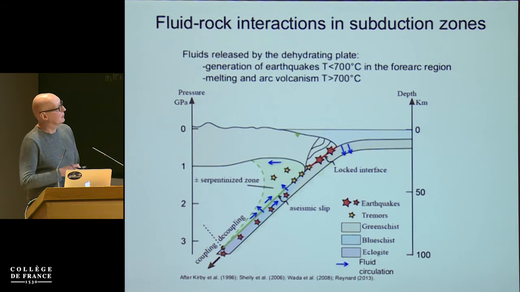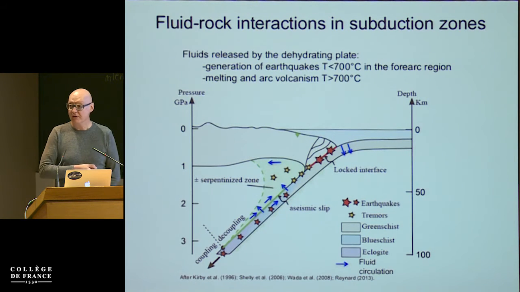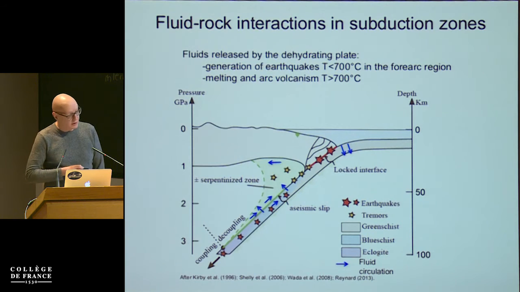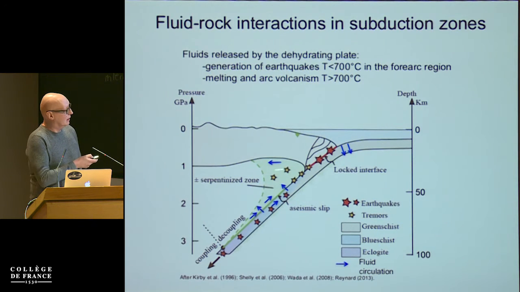If we want to understand what's going on, we know that fluids are released because of dehydration reactions, because the plate is heating as it's going down into the mantle. And we suspect that these fluids, because they're buoyant, are going to go up. But there are many ways they can go up, and this is a summary of what you can find in the literature. Some people like to have them go back up along the plate boundaries, whereas some like to have them crossing this boundary,